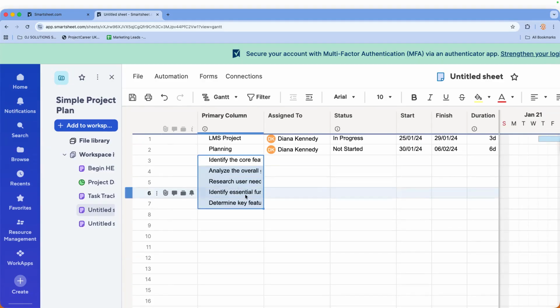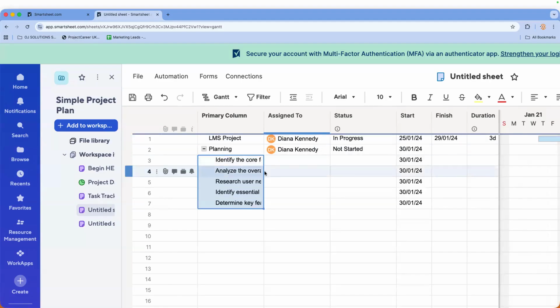Now, this right now doesn't tell me anything. It doesn't tell me the order of things. It doesn't tell me whether these activities are on the same level as planning. Well, to be honest, that's what it looks like right now. But that's not correct, is it? What should happen? I should indent them, exactly. So I select them, as I have done already.